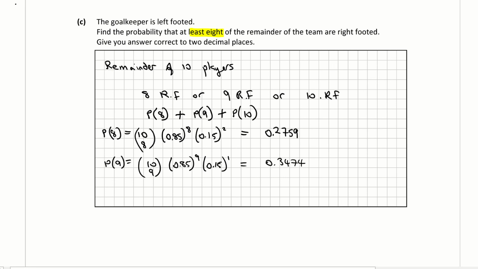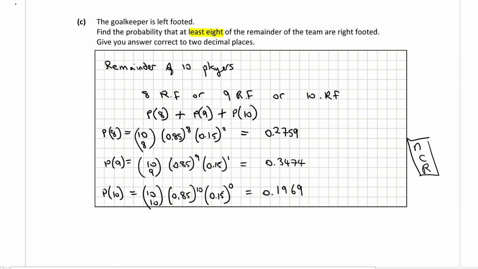And just if you're doubtful, we're using the nCr button on our calculator here, the choose button. And finally, probability of 10 being right-footed is 10 choose 10. Again, you don't have to use this method because we could just put in 0.85 to the power of 10, but I'm going to use my binomial, and my failure is left-footed, and none of them in this case are left-footed because I have 10 of them and I want to pick 10 right-foots,